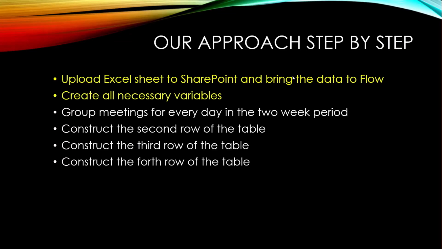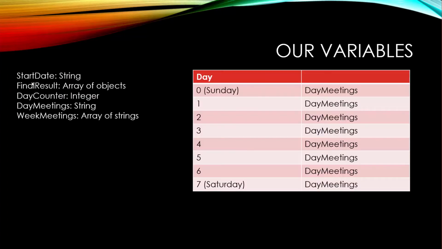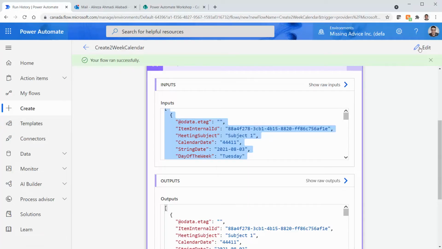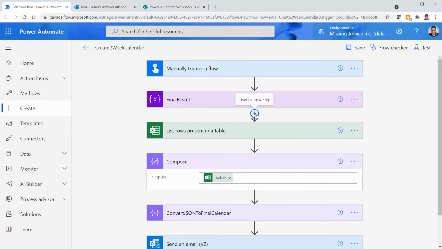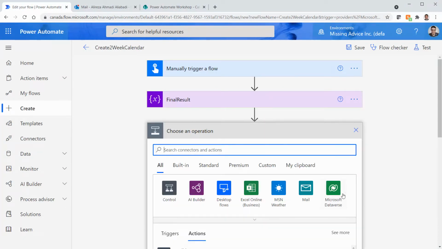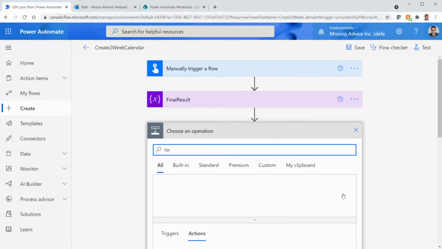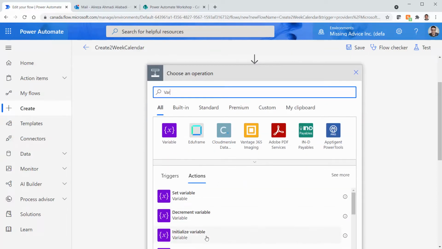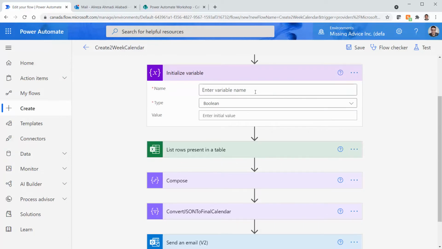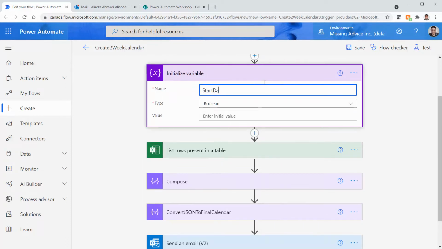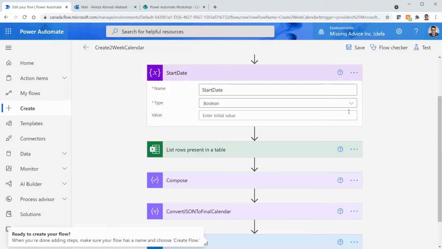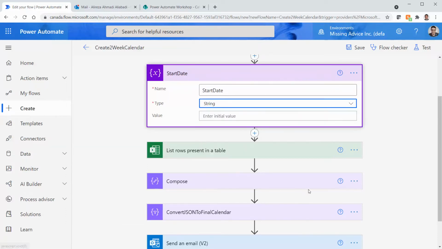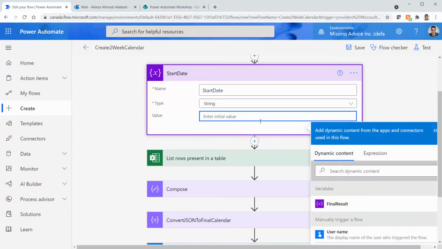Now we need to create all necessary variables. Let's see what we need to create here. First, we need to have a start date. So let me go back to Power Automate and create a variable called start date. Variables, initialize variable, and I want to call it start date. And I copy the same thing and I change the title of this action to start date. Remember that we don't have a date type, so every date is going to be a string, and the value I just hard coded here,